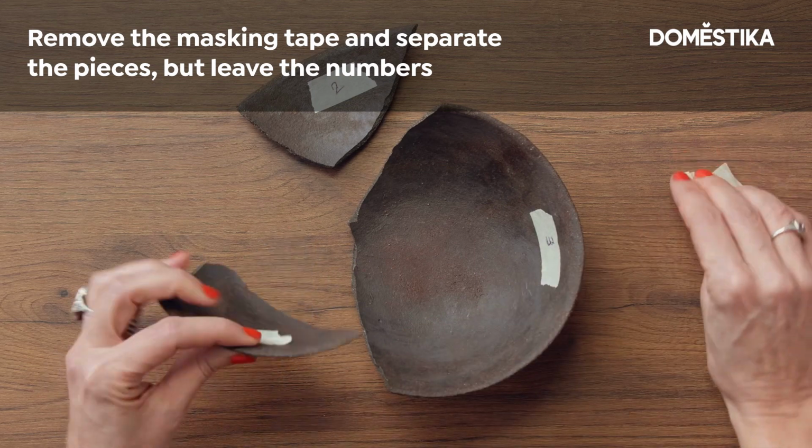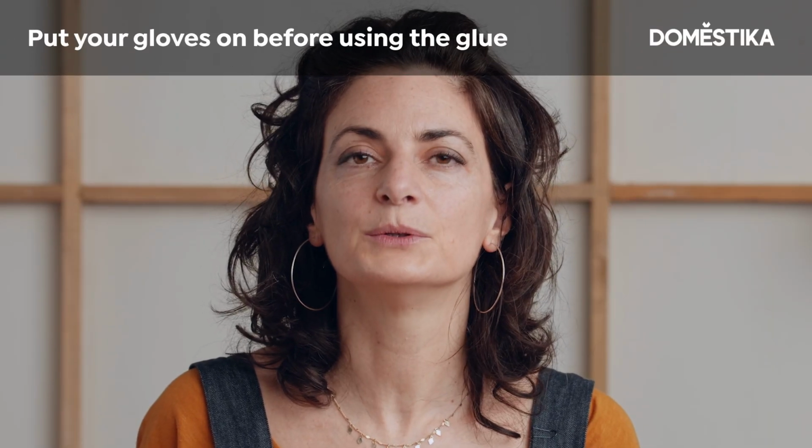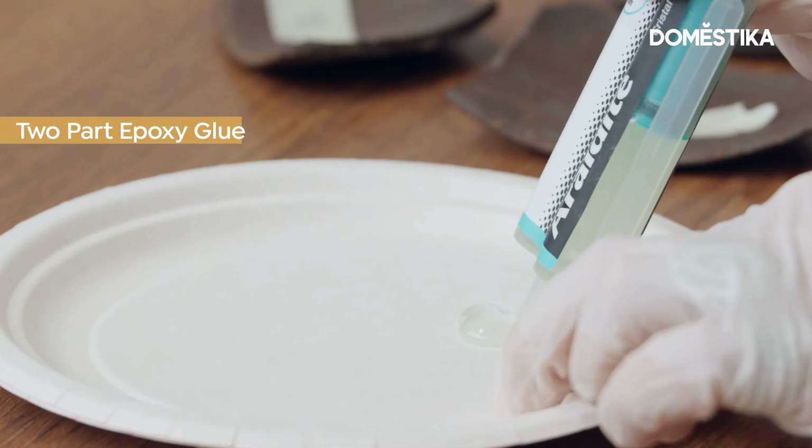So we are going to use the two-part epoxy resin, and it's really important to mix the glue very well, and the amount should be equal measures. If it's not, our pieces can come off. Put your gloves on as we are going to use a very strong glue. Then put a small amount of glue in the disposable plate,